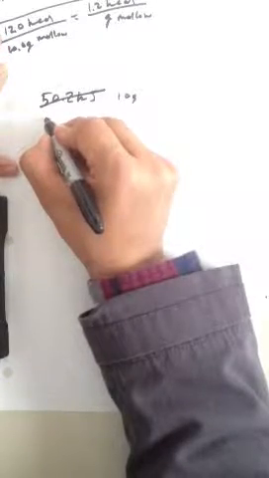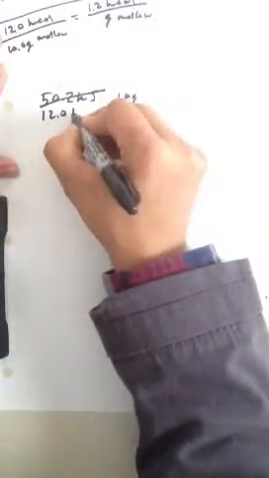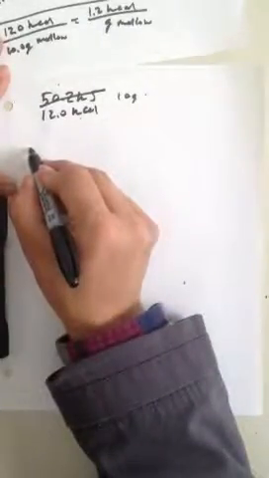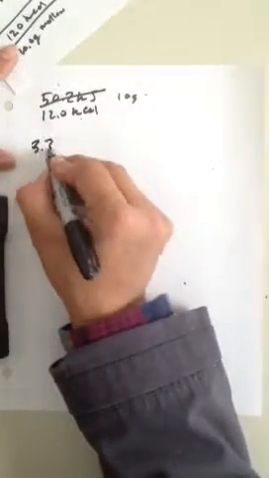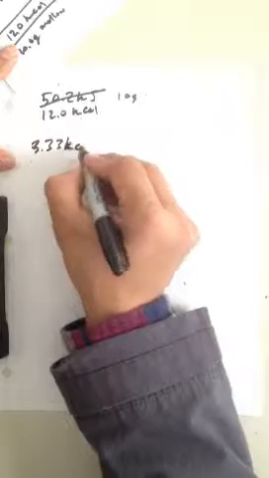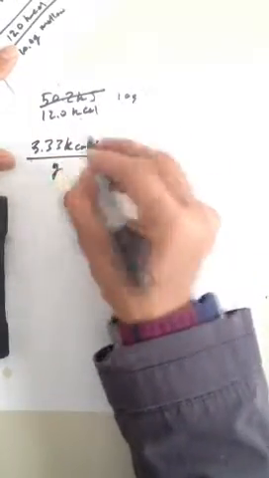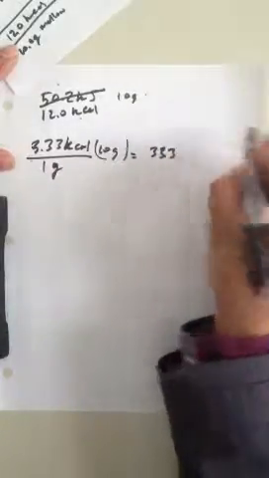Actually, let's go to kilocalories, Kcal, 12.0 kilocalories. So the package says that there are 3.33 kilocalories per gram, and we have 10 grams, so that we should have 33.3